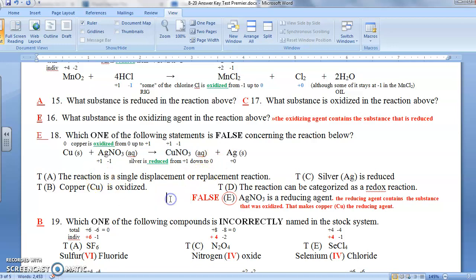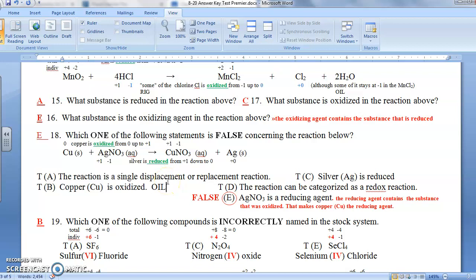That is a single. Letter B, is copper oxidized? An element by itself is always 0. Copper went from 0 to +1 because the nitrate ion is one of our polys. It's 1-, so its oxidation number is -1 overall. That means the copper's +1. So copper went from 0 up to +1. Oxidized, if you remember,